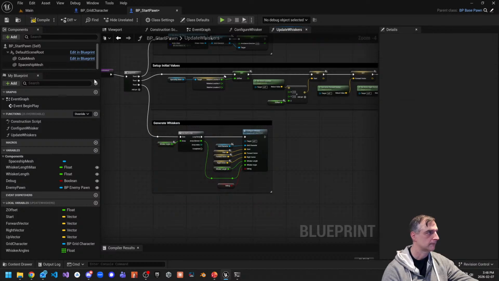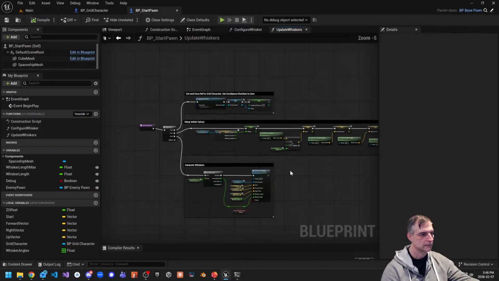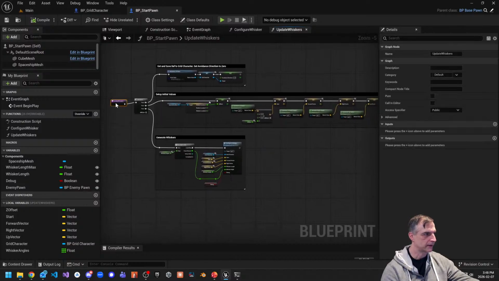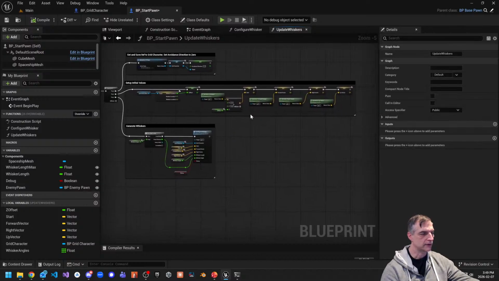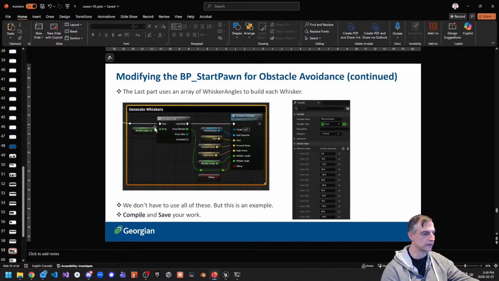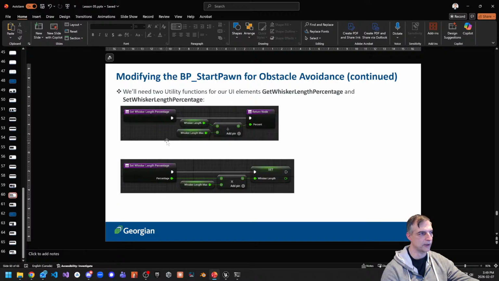Okay. Compile and save. All right. Look at that. So this is our generate whiskers function, but we never called it. Let's call it now. So we'll have two little things inside of our two utility functions for UI elements we're